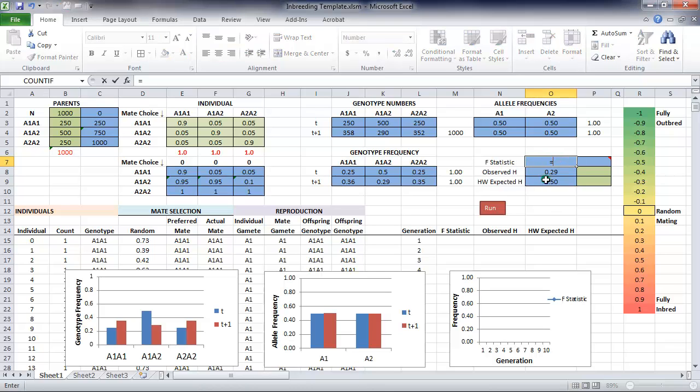That's going to be what we expect under Hardy-Weinberg minus what we observe. So that tells us how far we are from the Hardy-Weinberg expectation, and then we're going to divide that by the Hardy-Weinberg expectation itself to put us on the same footing no matter what we start with. And we'll see that our F statistic is 0.43. So it's someplace down here. This is representative of not a fully inbred population, but it certainly indicates that the population is not randomly